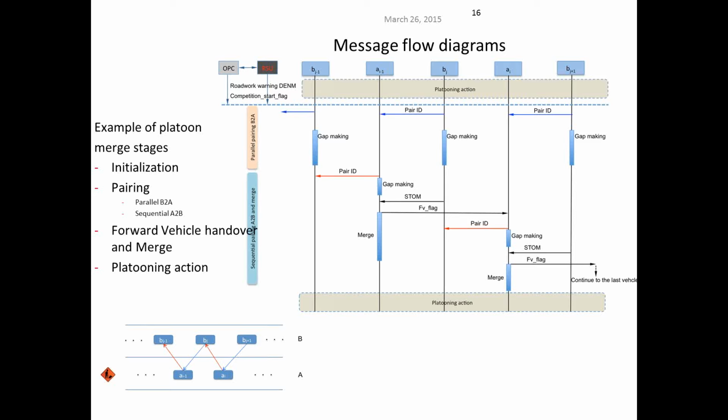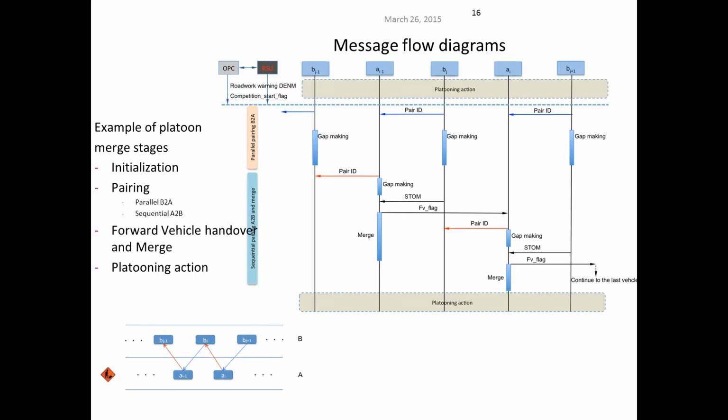On the left side, you see some of the main stages that we have identified, and you already saw some of that in the presentation of Elham on the interaction protocols. On the left side below, you see a little figure with a platoon A and a platoon B. Platoon A is on the left side of the road and platoon B is on the right side of the road.